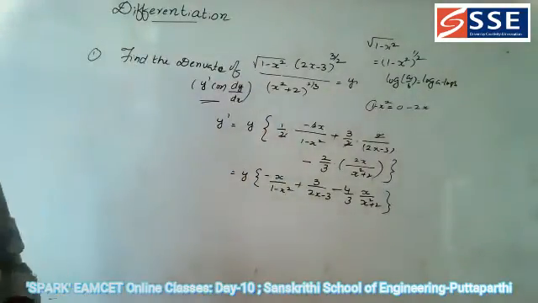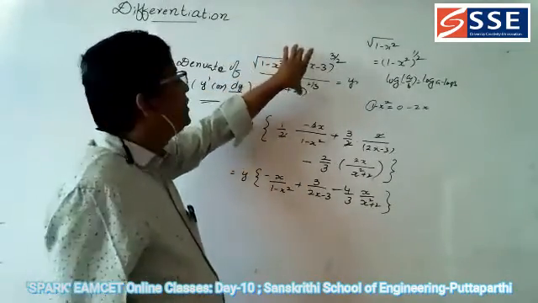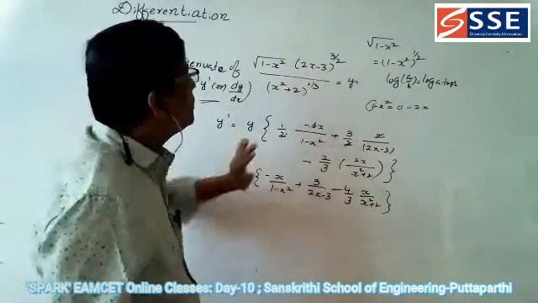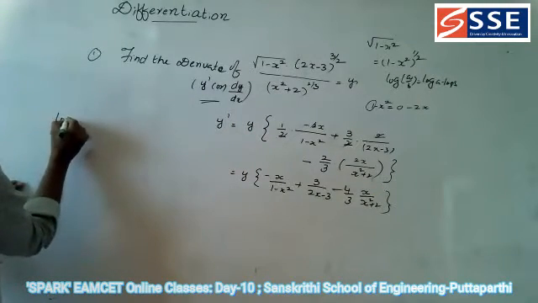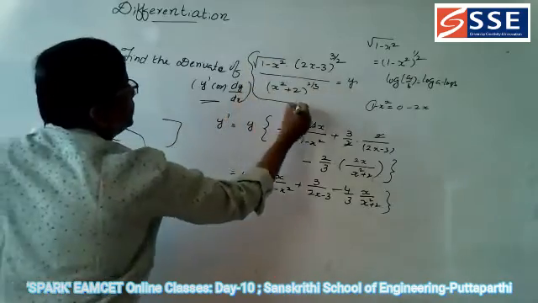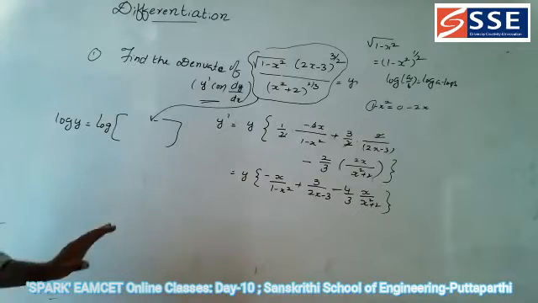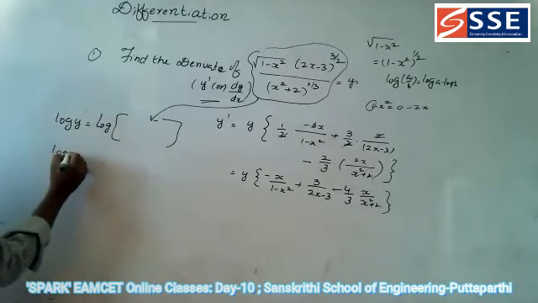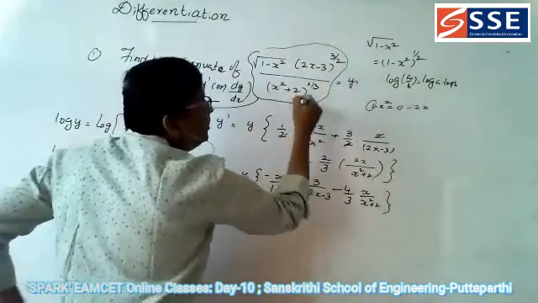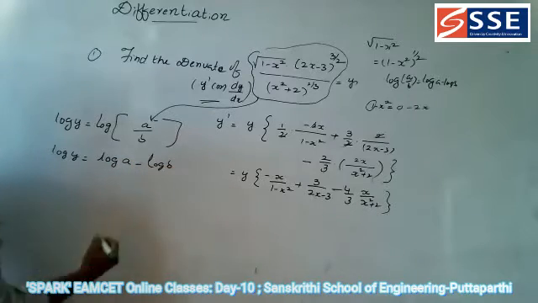Now see here, once again you are asking to explain. Listen carefully. This is the top problem in this particular chapter. So y is equal to this term. What you are going to do is take logs on both sides, so log y is equal to the log of the total term. Write this term down here. Taking logs on both sides, then log y is equal to, this is in the form of a by b. Let us consider this is a, this is b. So what is the formula of log a by b? Log a minus log b.